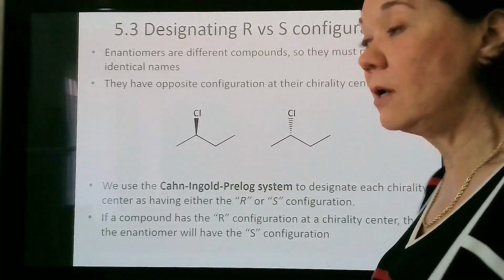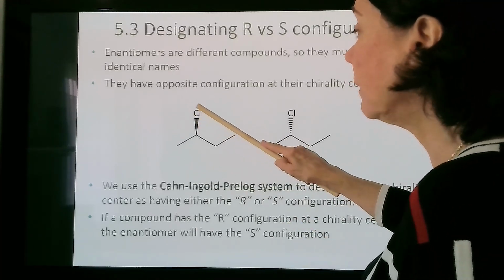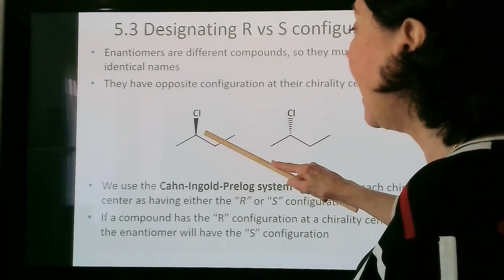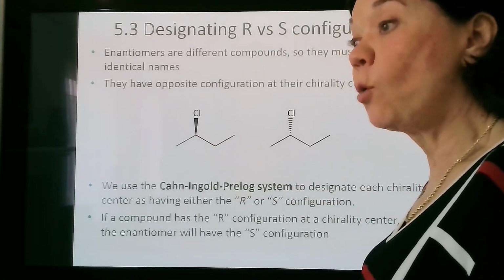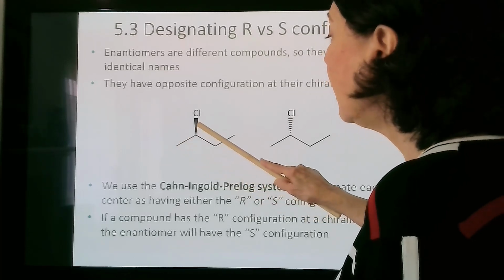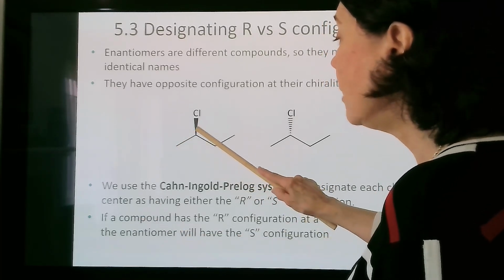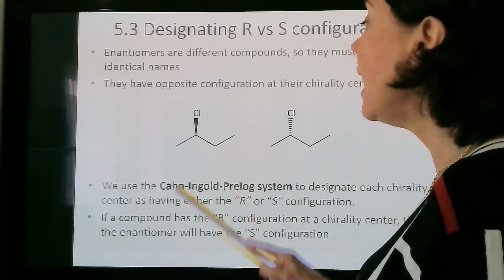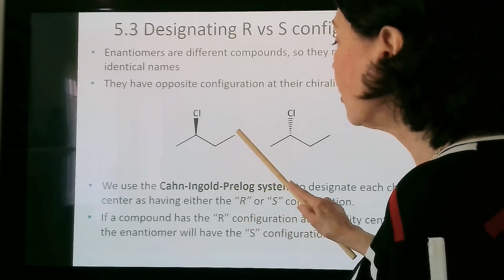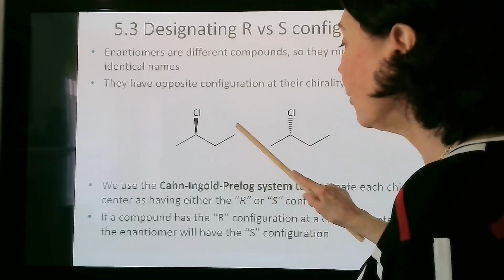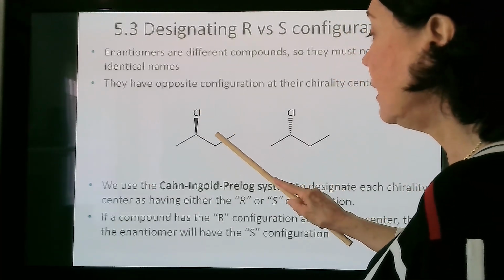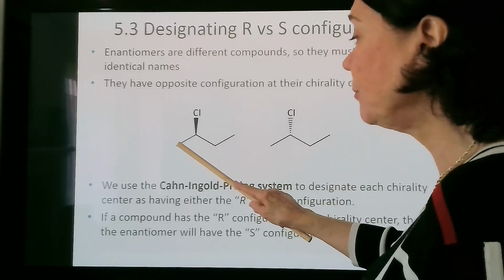And so we look at the atomic number. Chlorine is going to have the highest atomic number of the 4 groups attached to that carbon. So chlorine is highest in priority. And then you know that the CH is going to be lowest in priority. And what about these 2? This one has a carbon directly attached to that chiral carbon, and this one has a carbon directly attached to that chiral carbon. So here they tie, and so you look at what's attached to this carbon. Here you have 3 hydrogens, and here you have a carbon and 2 hydrogens. So this one is higher in priority. So in priority, chlorine is highest, this ethyl group is next, the methyl group is next, and